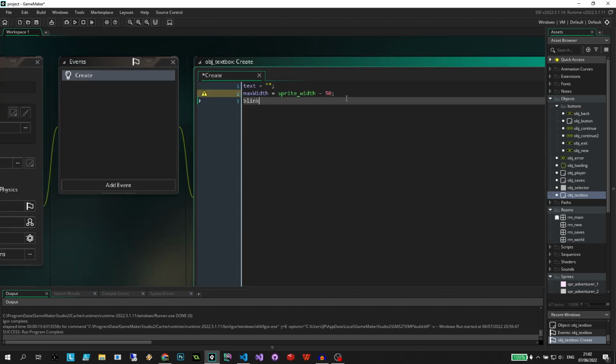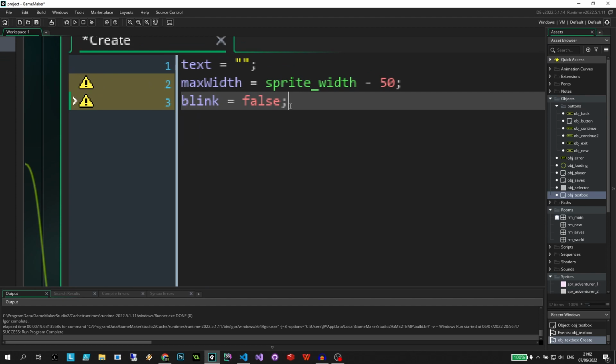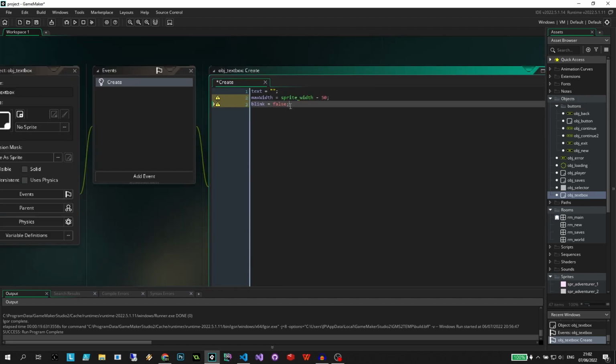Okay, then blink is going to be a boolean, and if it's blinked it means we're going to show this cursor. So it's exactly what GameMaker's cursor is doing. Blink, blink, blink, blink. You see what I'm saying? We're going to control that. So when it's blinking, it's going to show the little pipe character. If it isn't, it isn't. So the user knows that they can type. That's what it's designed to do. So we better go and make sure that that blink can